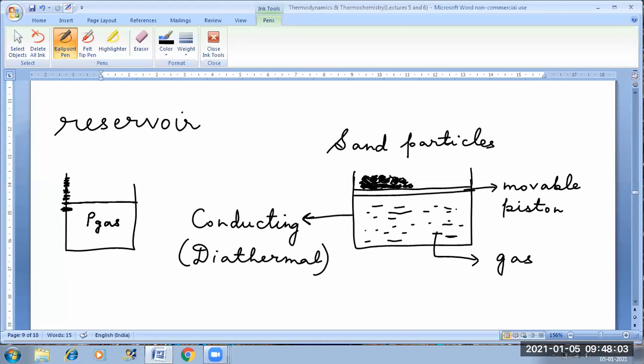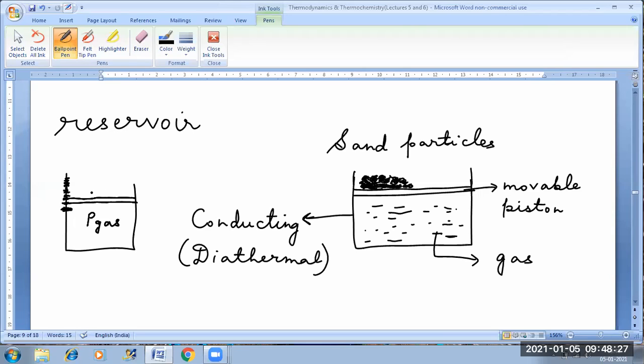Why? Because the piston has moved up only by a very slight distance. So the pressure of the gas is almost equal to the pressure of the sand particles, right? Similarly, when the piston moves up again to here,